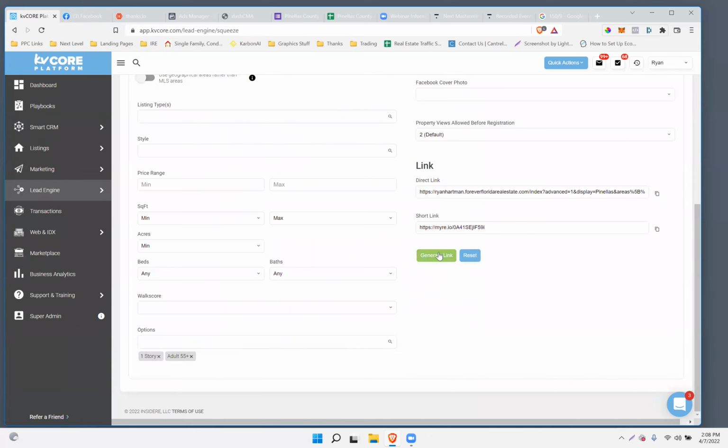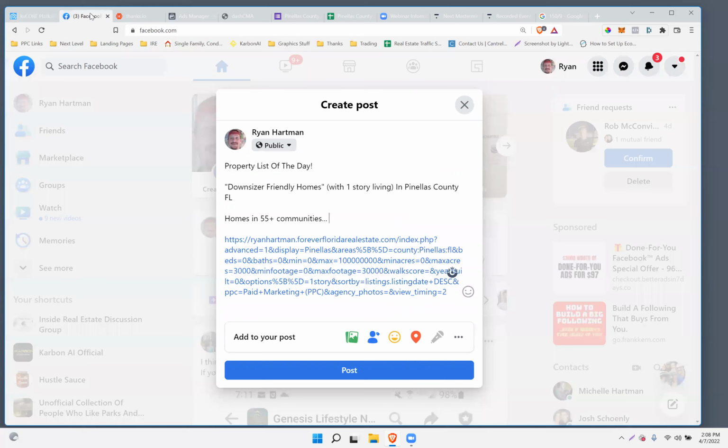Adult 55 plus, and actually you can kind of combine them right there. So that's where I would go with that, Patricia. And anytime I've run a Facebook lead ad for this, it's worked pretty well. For the picture of your ad,